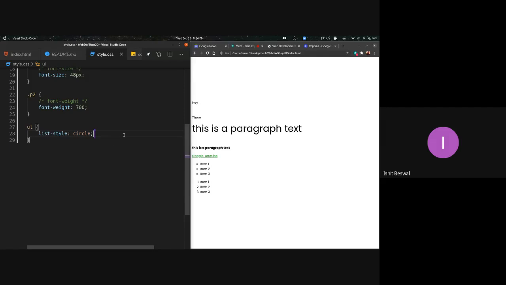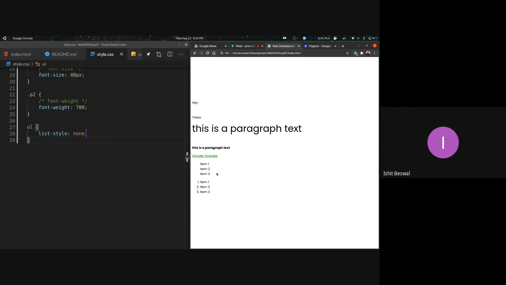Right. And another property which you might want to use many times is, instead of exactly writing circle, Armenian, or disk, you can actually just provide the value none. Right. So now when you refresh the page, the list won't have any points. The item text stays, but there are no bullet points or any indicator of such.